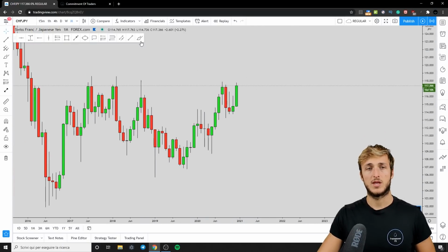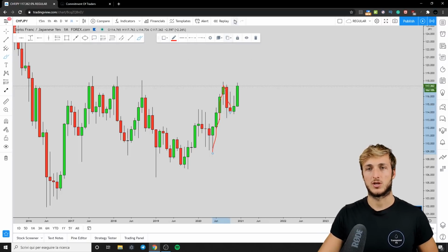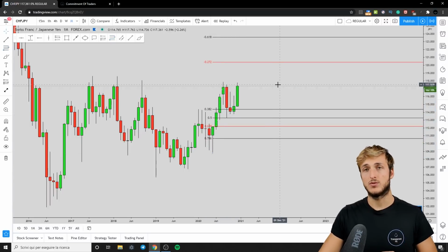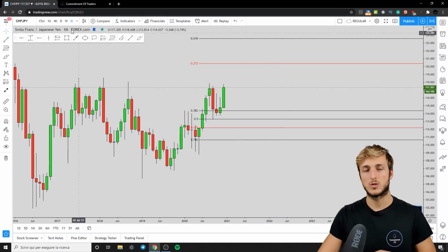Now, starting here from the monthly time frame, what we have is a market which has just provided a nice impulse and correction. Now, after an impulse, if you want to measure a correction, what you have to do is take your Fibonacci from the low to the high of the impulse. And if we take our Fibonacci from the low to the high of this impulse, what we can see is